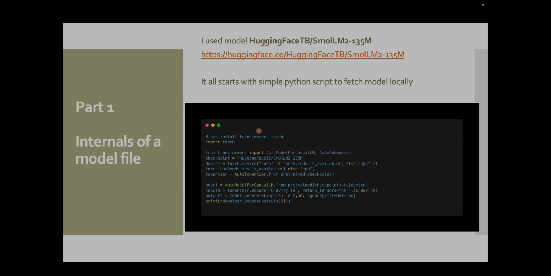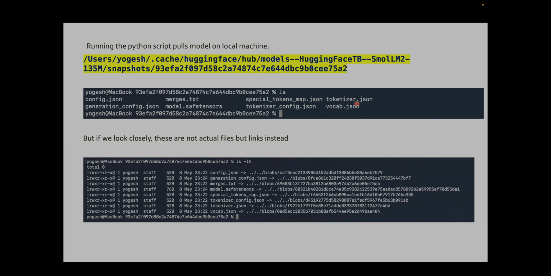So in our case, it will be from huggingface.co. You can see I'm using this, and as soon as I run this code, it will pull the model and download it to my system once this program executes. So this is how it looks. This is my username on Mac. I'm using a Mac, so you can see in this directory, this is the model name, Hugging Face